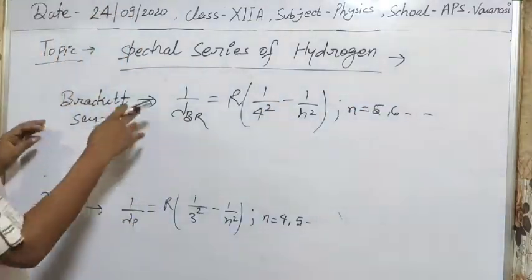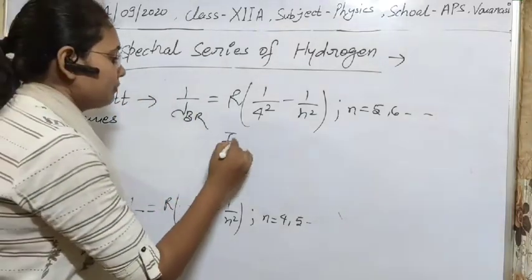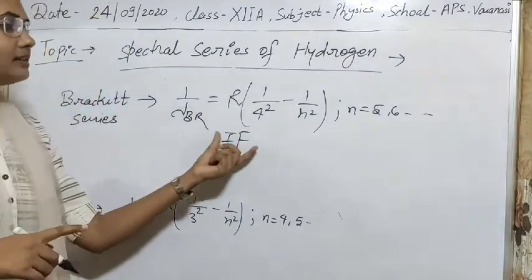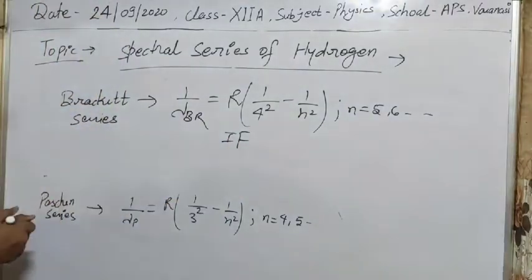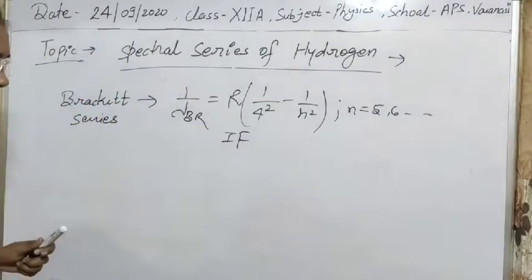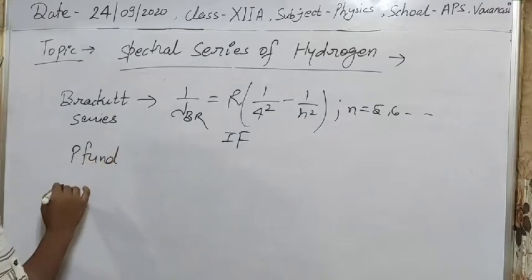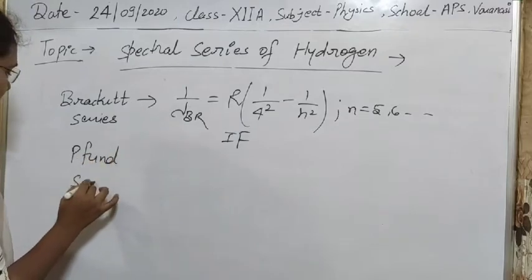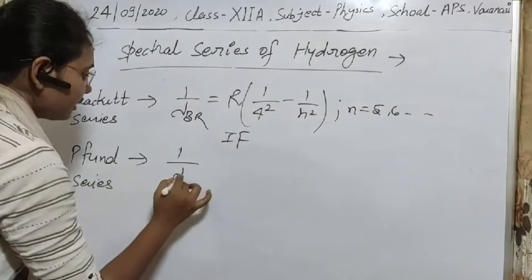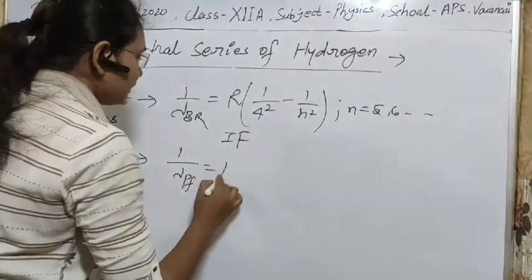Clear? This wavelength lies in the infrared region. Simply, the Paschen series lies in the near infrared region, and this lies in the infrared region. And there is one more series we have, which is the Pfund series. We can also write the wavelength for it, which is